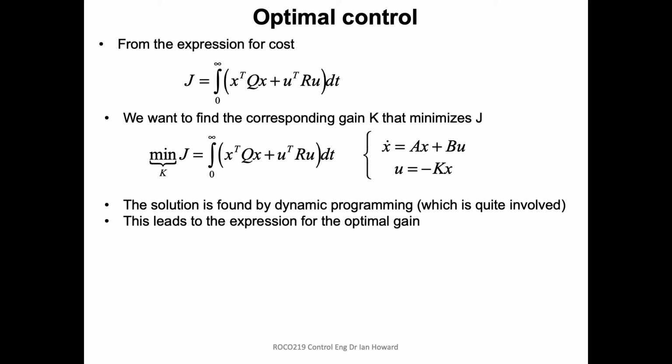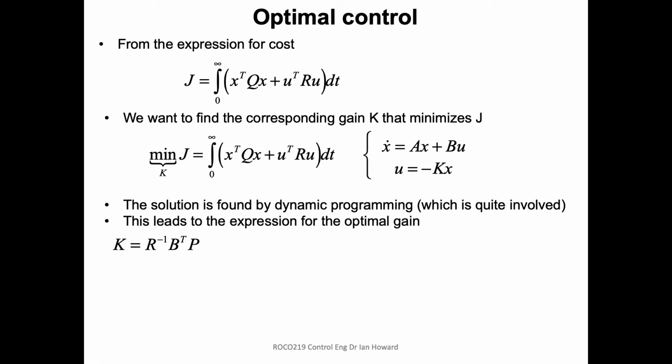And you can basically write down the equations. There's obviously quadratics in there. So it's an optimization of a quadratic problem, and it comes up with an optimal solution in terms of the expression for the gain. And the solution for the gain ends up being along the lines of, well, if this is the solution for the gain, K is going to be equal to R to the minus 1,